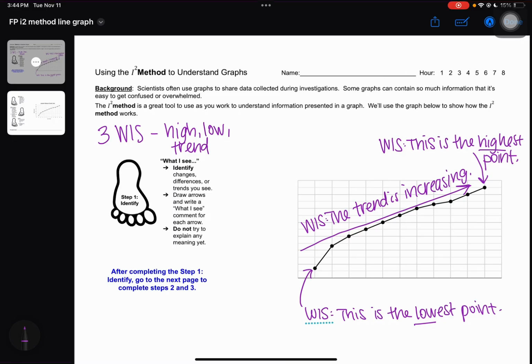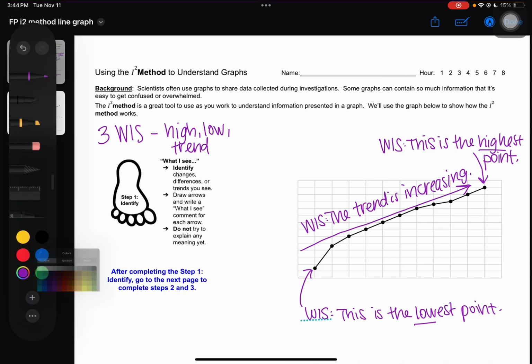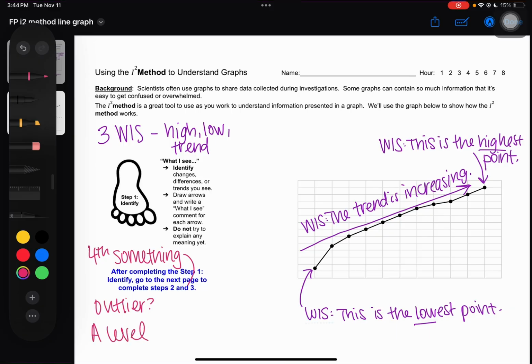So that's easy enough. I'm going to change my color real quick though, because I'm going to show you how to do a fourth something. Remember, I'm looking for a fourth something, like an outlier, maybe, to get to that A level. So pink is going to be my A level color. Looking at this graph, I'm noticing that from here to here, there seems to be something interesting going on. So this section of the line, I'm going to do a WIS, and I'm going to say, what is it about that section? Well, these two points